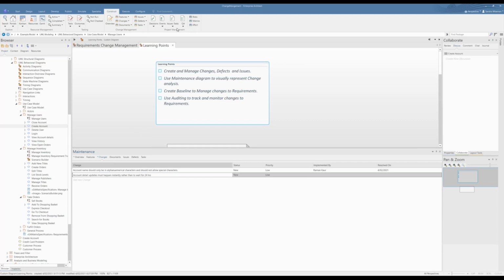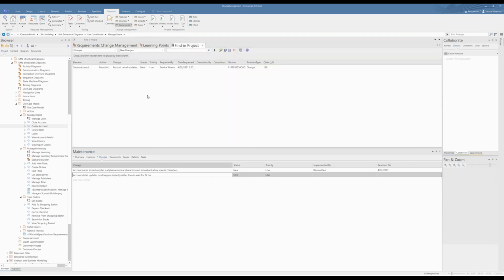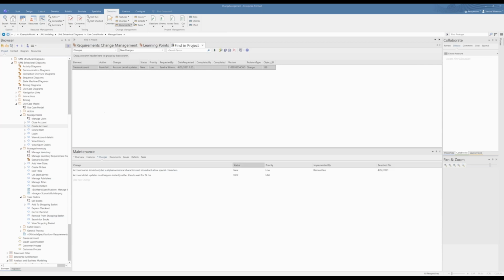If you want to see the new changes, or the set of changes that have been created, here you go, there are new changes. I'll refresh, Control S, and changes. Okay, recently requested changes, and we have this recently requested change. So this change will go through the process of